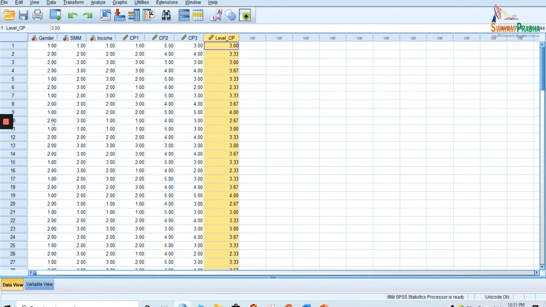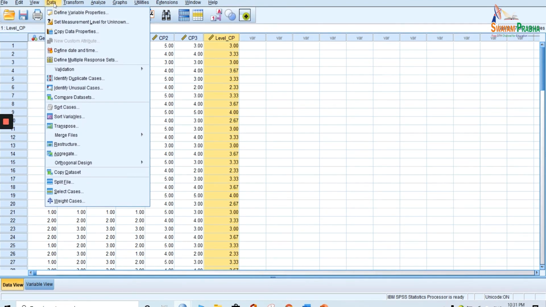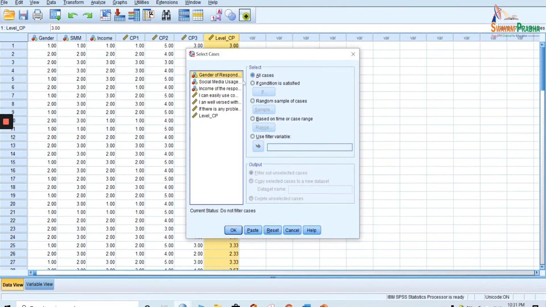In this case, Select Cases will be very useful. So how to select a specific case or cases in SPSS? For this purpose, let us go to the Data menu, and you will see we have the option Select Cases. Click on it, and here we have to define the condition.